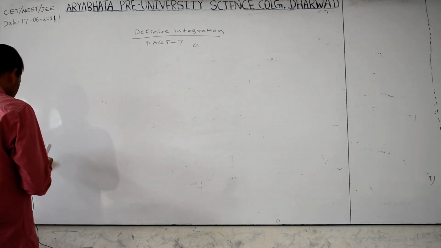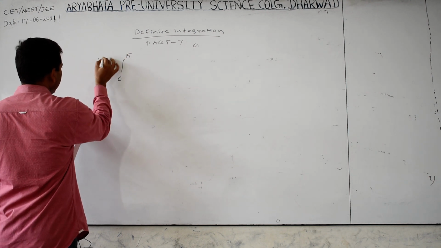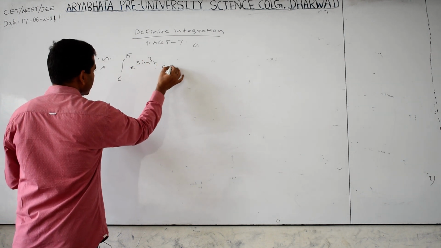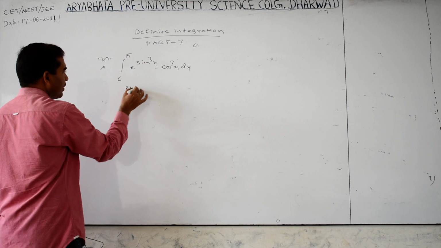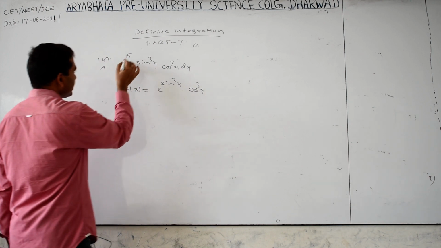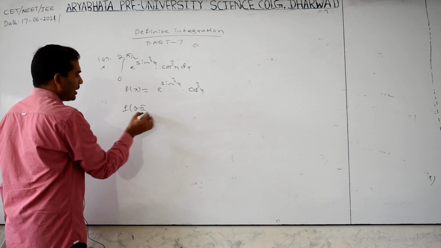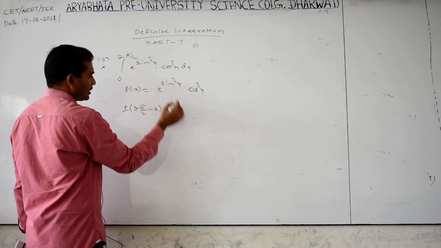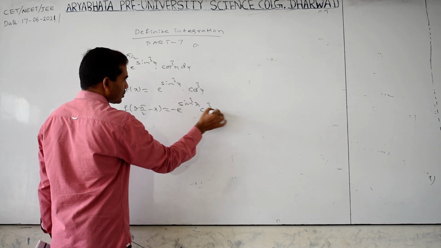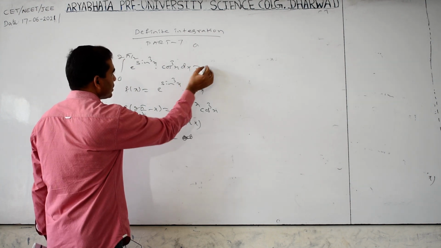Next is integration of 0 to pi, question 147, e power sin cube x into cos cube x dx. Let this be f of x, e power sin cube x into cos cube x. Same, check it. This can be written as 2 into pi by 2, in 0 to 2a form, 2 into pi by 2 minus x, that means pi minus x. Sin of pi minus x is sin x. Cos of pi minus x is minus cos cube x. So it is equal to minus f of x. Then it is odd. This value becomes 0.